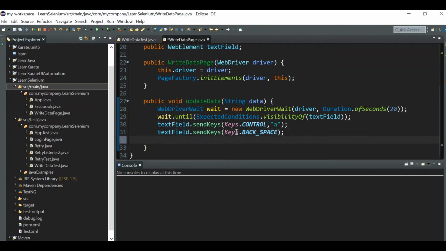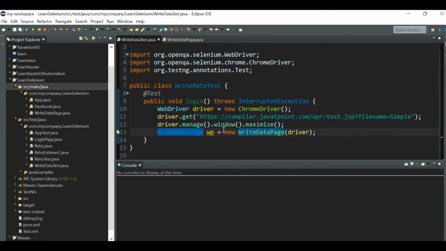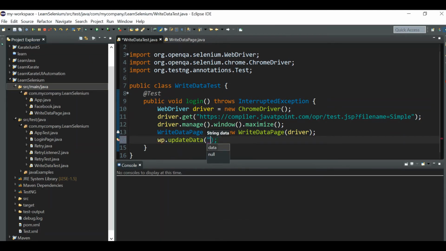Now we can append or send new keys. This key we can pass from the text data. Now this method I will call from the write data test. I already created the object, so the object reference is WP, and the method name is updateData. So it's a new data.